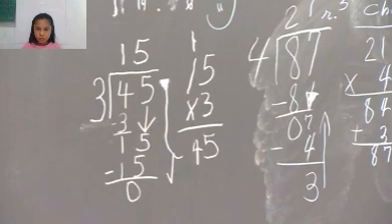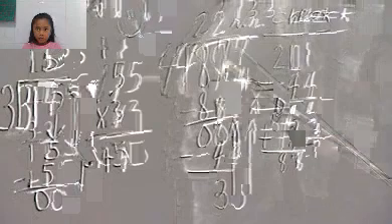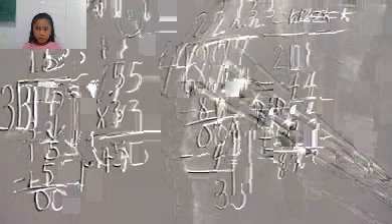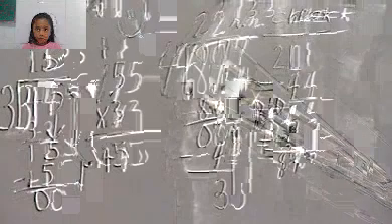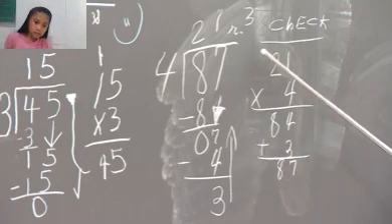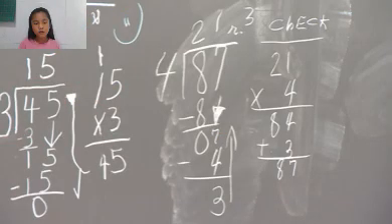87 divided by 4 for letter B. You have 8 divided by 4 is 2. 2 times 4 is 8. Subtract 8 minus 8 is 0. Bring down your 7. 7 divided by 4, the answer is 1. 1 times 4 is 4. 7 minus 4 is 3. That's your remainder because nothing is left to bring down to solve. 21 remainder 3. To check